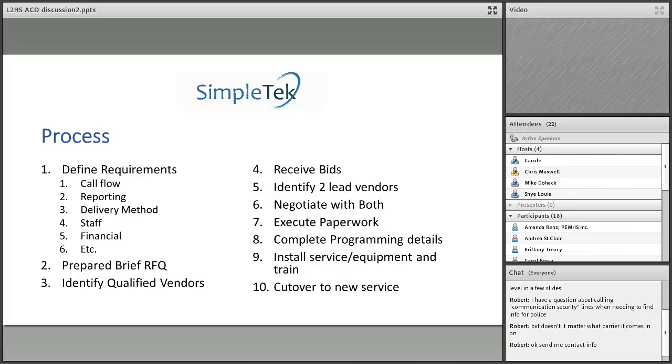And then from there, our vetting process, which is what we did for the suicide hotline platform, is we received multiple bids. We always put it out to multiple companies, unless we just know what vendor is going to be the best and don't have to go through that. But you receive the bids. We typically will break it down into 2 lead vendors. Either one of them would be good. And then from there, we negotiate with both of them and see which one gives us more of what we ask for. And we always ask for a little bit more when we're doing that round.